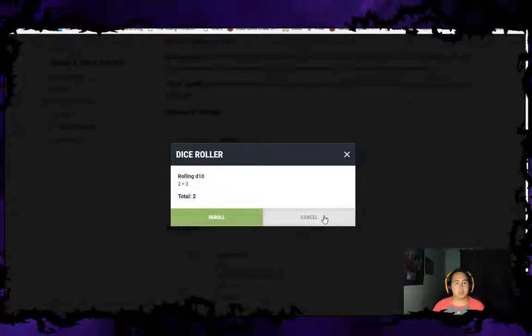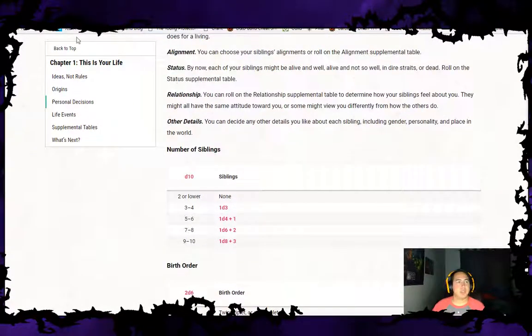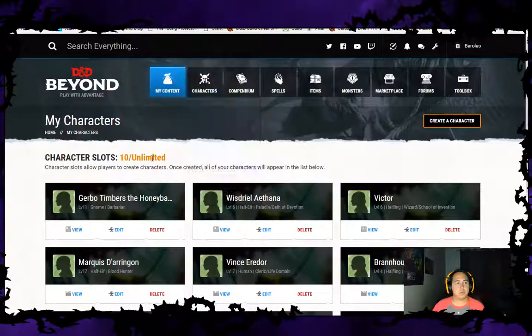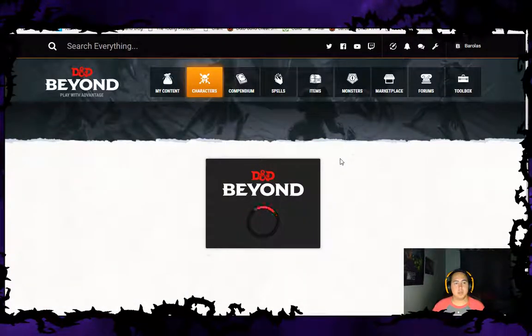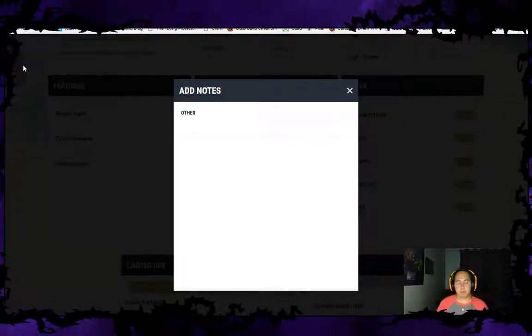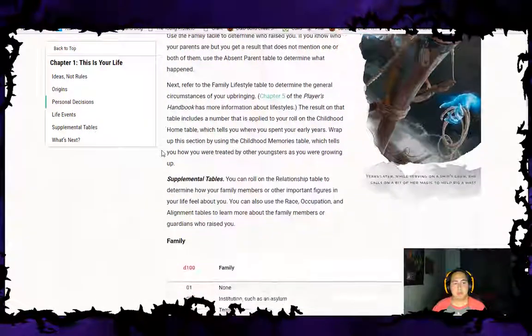So let's roll. So 2. 2 or low? None. So we're going to say, let's go back to Gerbo. And these are all notes that you could take in the meantime, and then we could use these to flesh out a bigger story. So Gerbo has 2 parents, and he knows who they are. He has 0 siblings. Which means we can skip over birth order, family, and friends. So we can see,